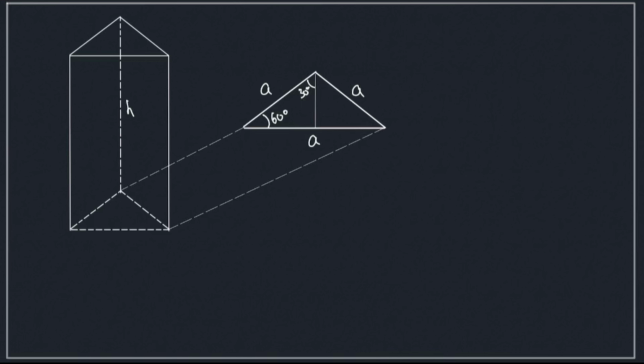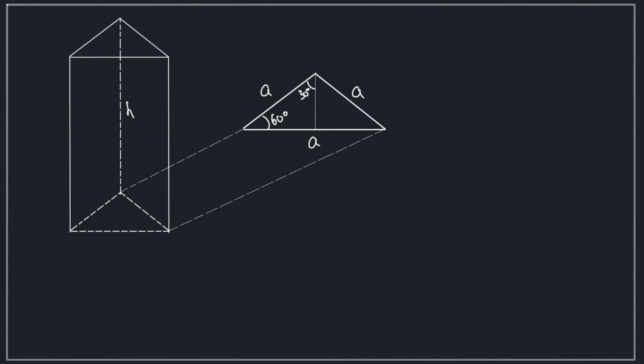Let's find the volume of a prism with equilateral triangle base. We will follow the standard technique of first finding the area of the base and then multiplying it to the height. As base is an equilateral triangle, all sides must be equal. Let's call them a. If we draw a perpendicular bisector in the middle of this triangle, it will divide it into 2 special triangles. That will be 30, 60, 90. Therefore, it is not difficult to find the ratios of the sides. They will be 1, 2, and √3. So the height of this triangle will be